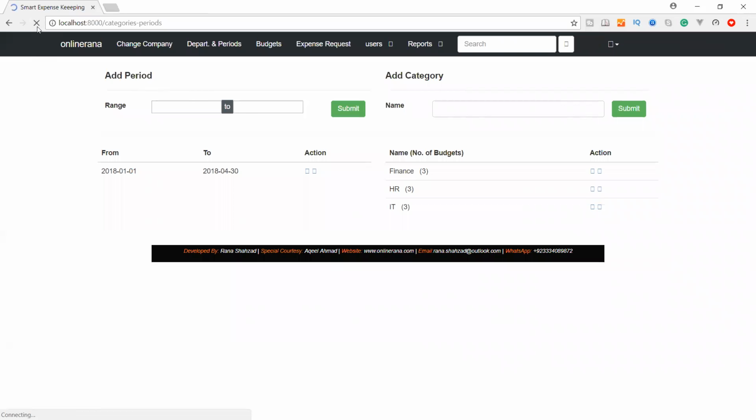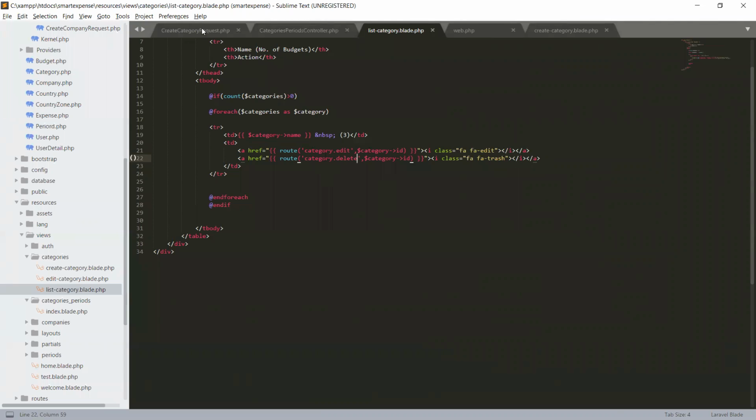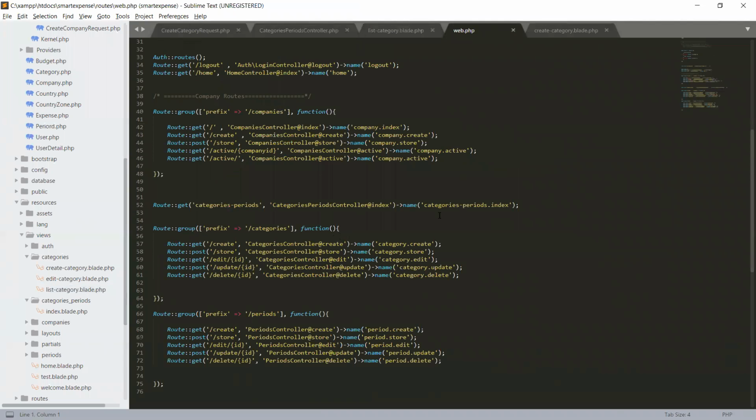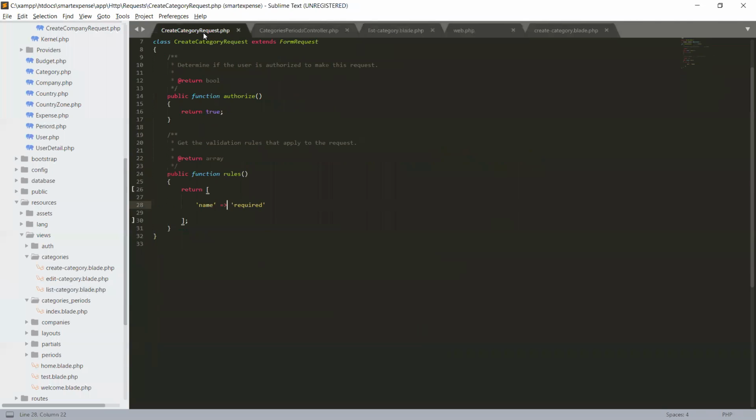Okay, let's check, and I will refresh. When I hover over it, you can see at the bottom right there will be an ID shown. No, sorry, not from here, this is the edit button. Here you can see we have ID 1, and when I hover over the second field, there is ID 2, and the third one is ID 3. The same way, when I hover over the trash button icon, we have an ID. So this goes to category edit, and that's our categories controller.